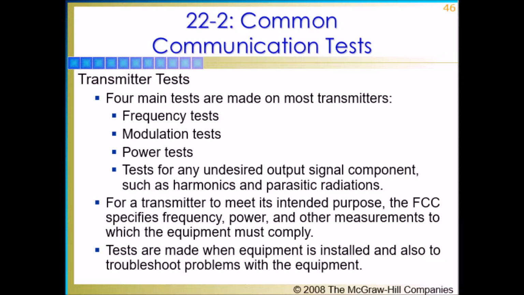Transmitter tests. Four main tests are made on most transmitters: tests of frequency, modulation, and power, and tests for any undesired output signal components such as harmonics and parasitic radiations. These tests and measurements are made for several reasons. First, any equipment that radiates a radio signal is governed by Federal Communications Commission rules and regulations. For a transmitter to meet its intended purpose, the Federal Communications Commission specifies frequency, power, and other measurements to which